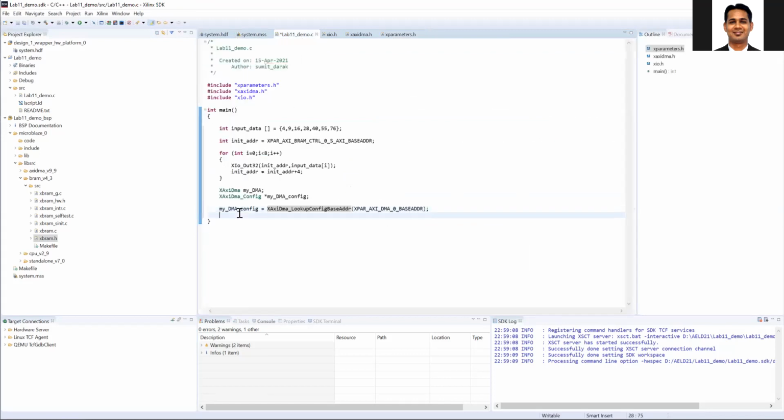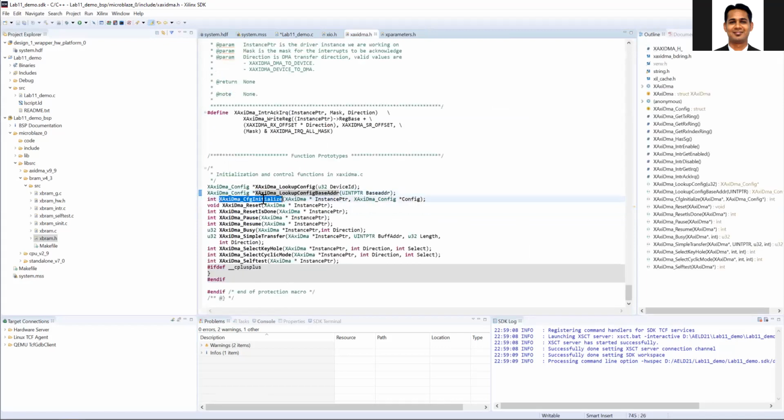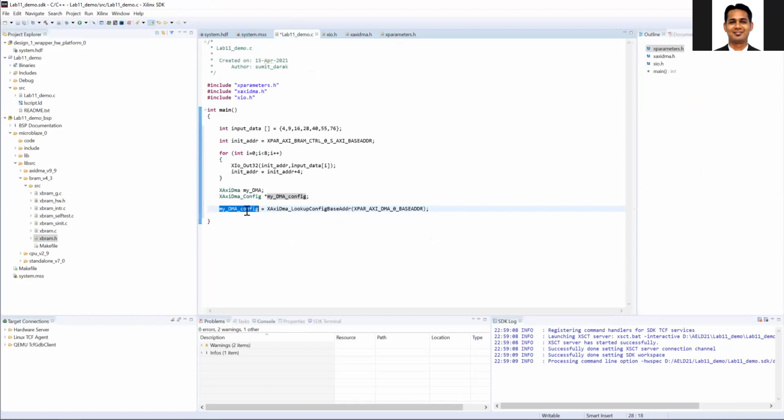Then I have got this configuration information. Now I need to do the configuration initialization. So I'm going to use XAxiDma_CfgInitialize. I will pass this configuration, and this will initialize my DMA structure.